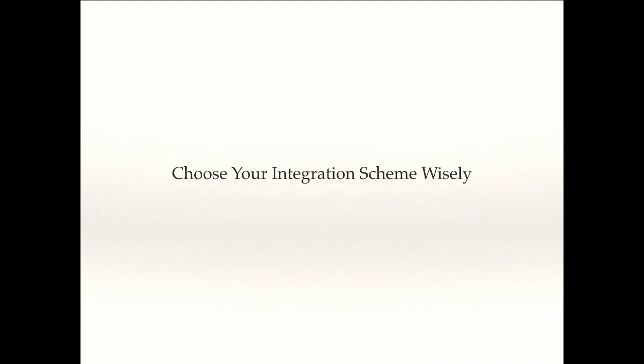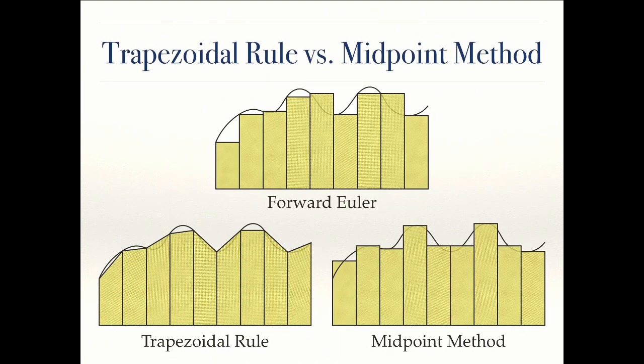I want to take a step back before talking about implicit integration and talk about choosing your integration scheme wisely. There's two techniques to get good accuracy out of Euler methods. And you might remember these from calculus when you were looking at the area under a curve. When you would just draw a box up to the curve and go left or right,